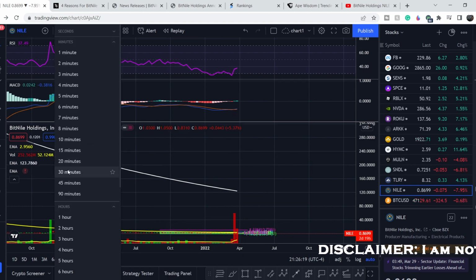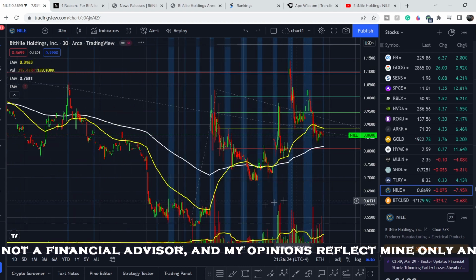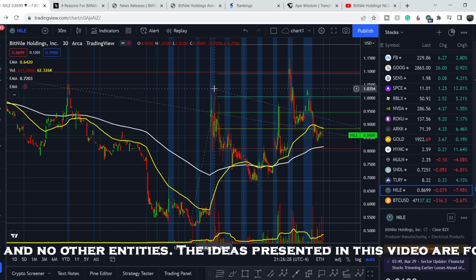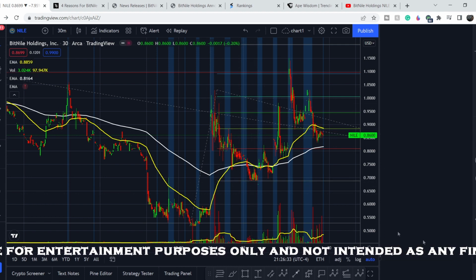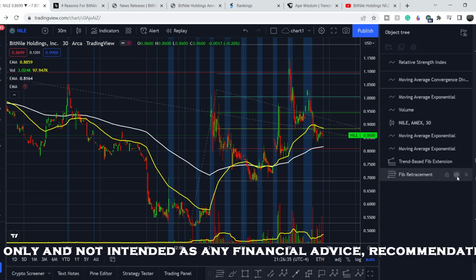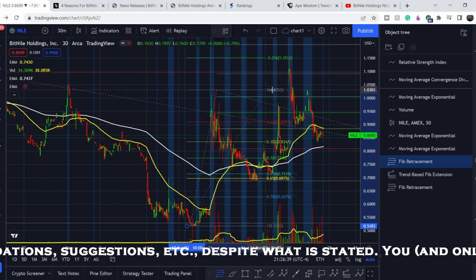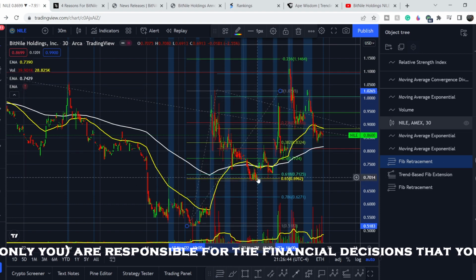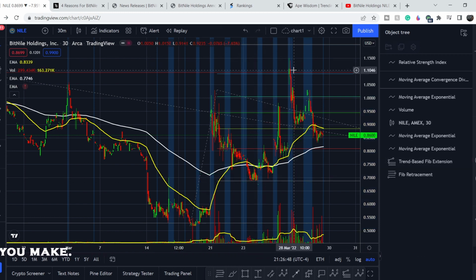So guys, let me switch to 30 minutes time frame and let me show you the recent movement in details. As you can see, we have this wave as our first initial wave to the upside. This is the retracement. And as I mentioned on my previous video, we hit the golden pocket pattern. As you can see, let me pull the Fibonacci retracement tool from this bottom to this top. And we have this range of support that statistically is the most probable range of trend reversal. And from this range we went higher,